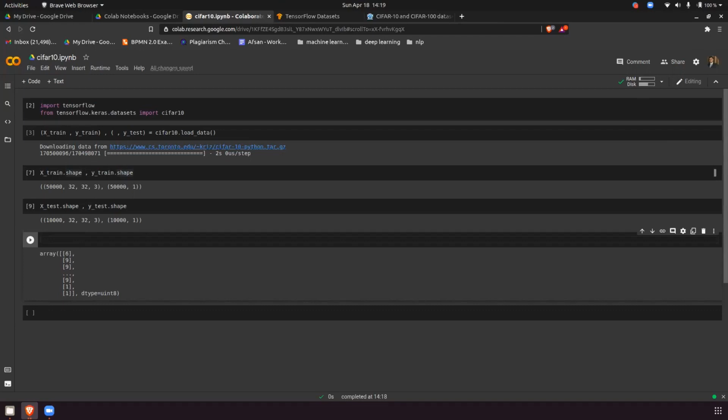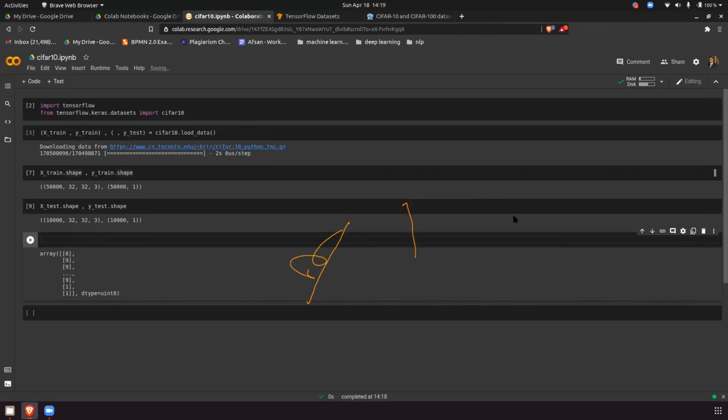How is it 50,000, 32, 32, I got it. 3 is for? Okay, I will tell you. So this representation is something like this. What is the image resolution? The image resolution is 32 by 32, right?